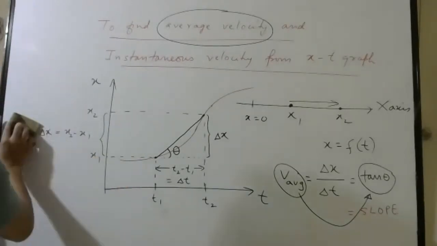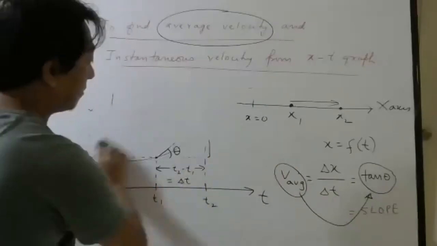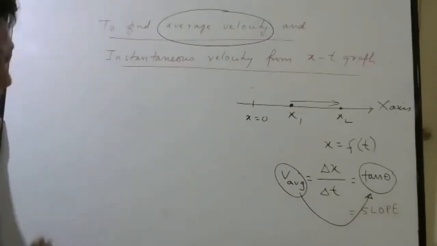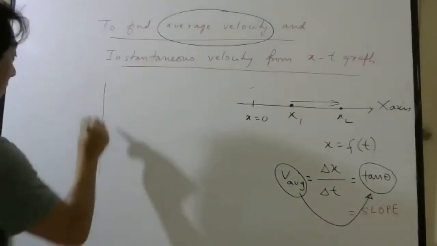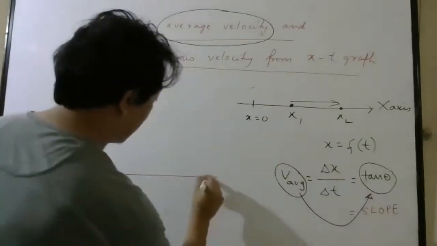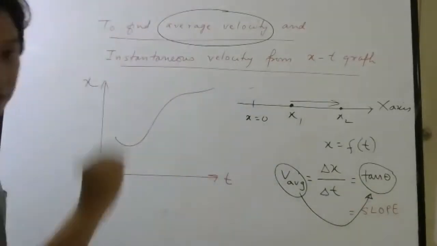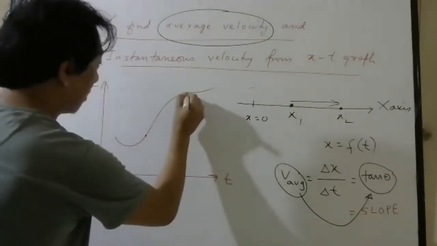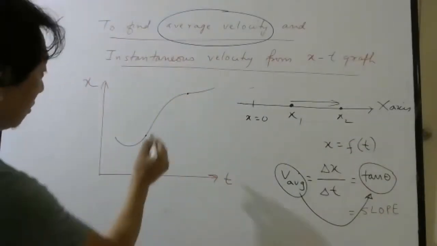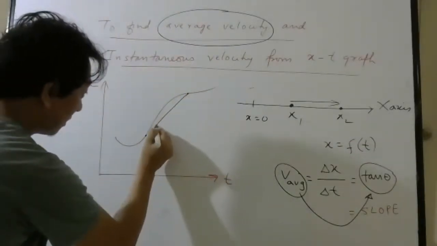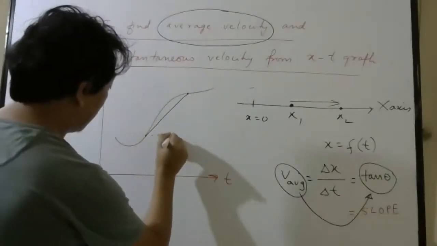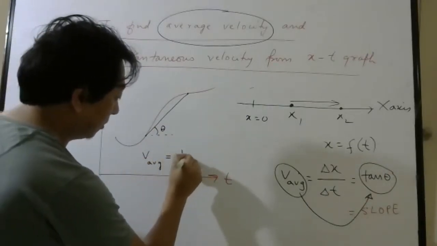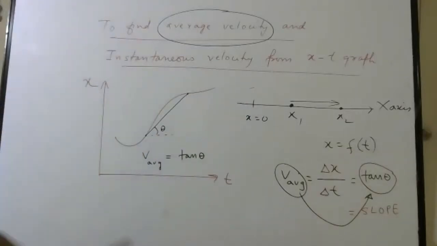Okay. So next time, if I ask you how to find average velocity between 2 instants from a graph, displacement-time, some random graph I have given, and I want the average velocity between this point and this point, then what will you do? You will draw a straight line, then you will measure the angle, and then you will write average velocity is equal to tan of angle.